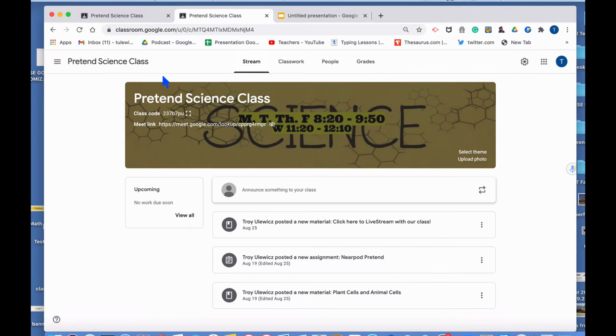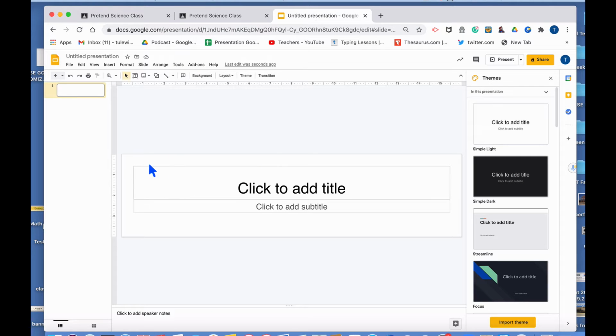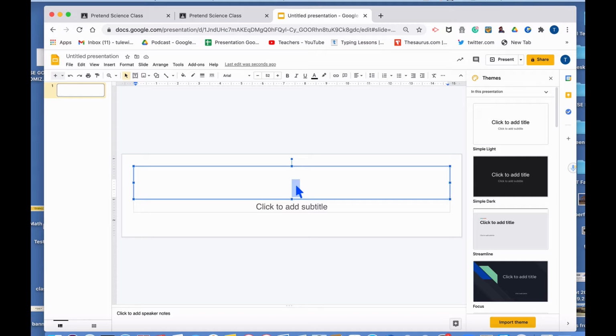I don't know if you noticed, but this is not regular dimensions. It's a landscape one, definitely wider. So if I go over here and just write my times of my class, I'll go ahead and write Monday, Tuesday, Thursday, and Friday, since we're meeting at different times on those days. I'm just going to go ahead and write my time in there. So if I just write 8:20 to 9:50,